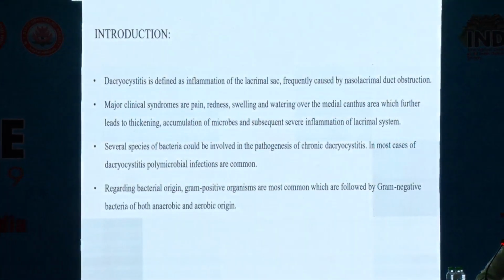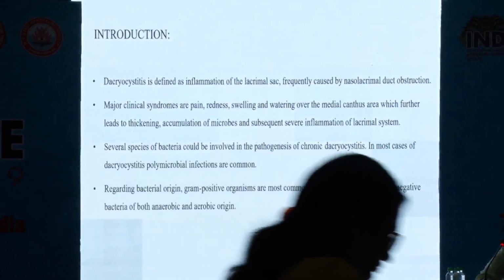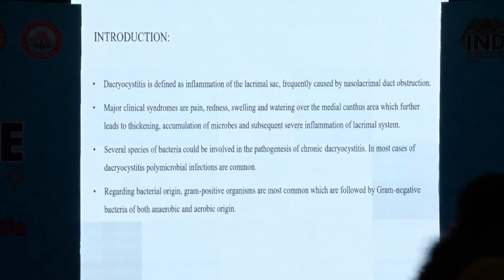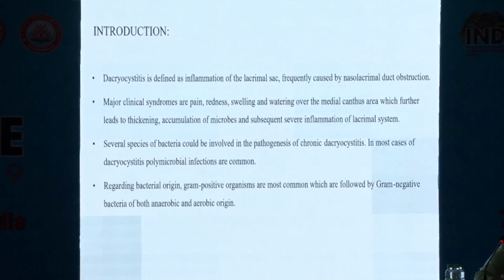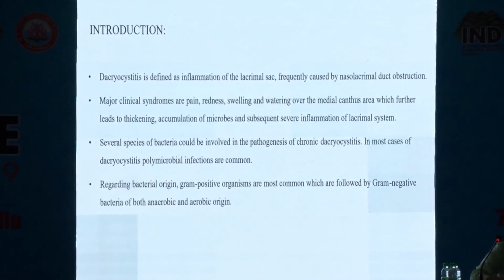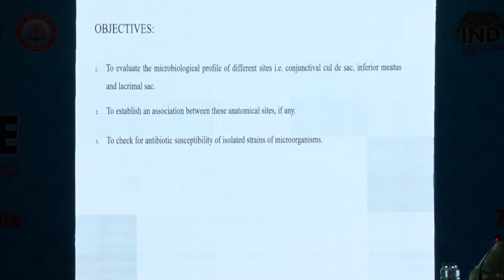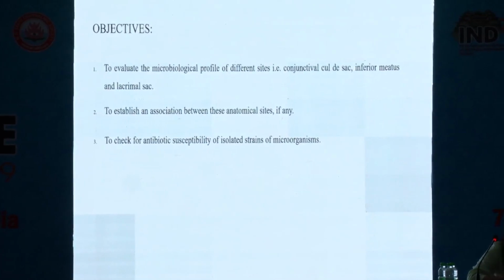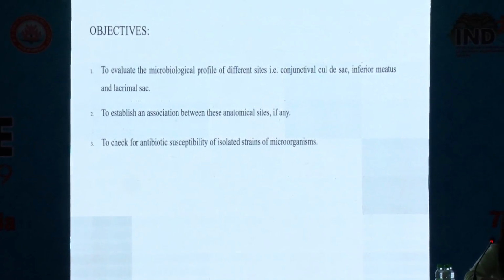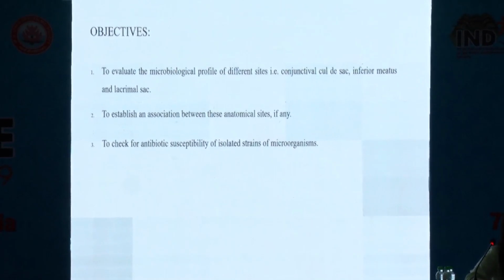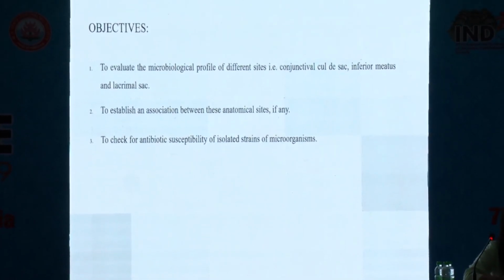Mostly polymicrobial infections are common, and regarding bacterial origin, gram-positive organisms are most common, followed by gram-negative of both aerobic and anaerobic origin. So our objective was to evaluate the microbiological profile of these three connected anatomical sites, conjunctiva, inferior meatus and lacrimal sac, and to establish an association of growth between these anatomical sites, and to also check for antibiotic susceptibility